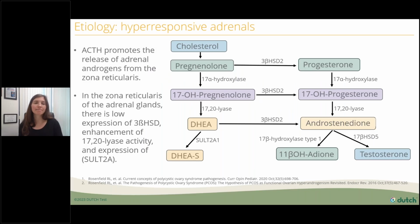And I wanted to show this because it's kind of like a steroid pathway. It tells us how androgens are produced within the zona reticularis, the zone that makes the DHEA, the testosterone. So ACTH, remember, promotes the release of adrenal androgens from the zona reticularis. And in the zona reticularis, there's low expression of this 3-beta HSD2 enzyme, these 3 here right in a row. But there's enhancement of 17,20 lyase and SULT2A1. So if you're pushing this pathway and you're inhibiting these pathways, hopefully you can see my cursor. You can see here, you're going to produce a lot of DHEA, a lot of DHEAS,